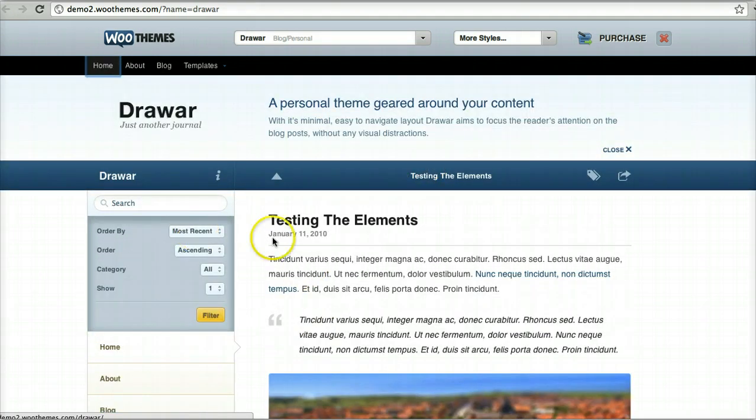You can order the posts by most recent, most commented, last modified, alphabetical. You can do descending or ascending order. You can also do it by category, and you can choose the number of posts you want to show. Now, this little widget goes quite a long way to changing the way you interact with posts, changing the perception of what lies underneath a blog or a website, that there is a depth of content and that it is accessible.